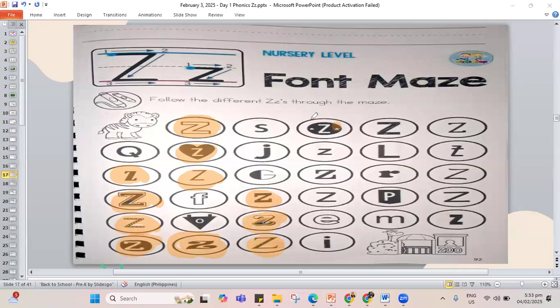On this column, 1, 2, 3, 4. On this one, there's 1. And the last column, I have 1, 2, 3, 4, and 5. So I found all my letter Z's.